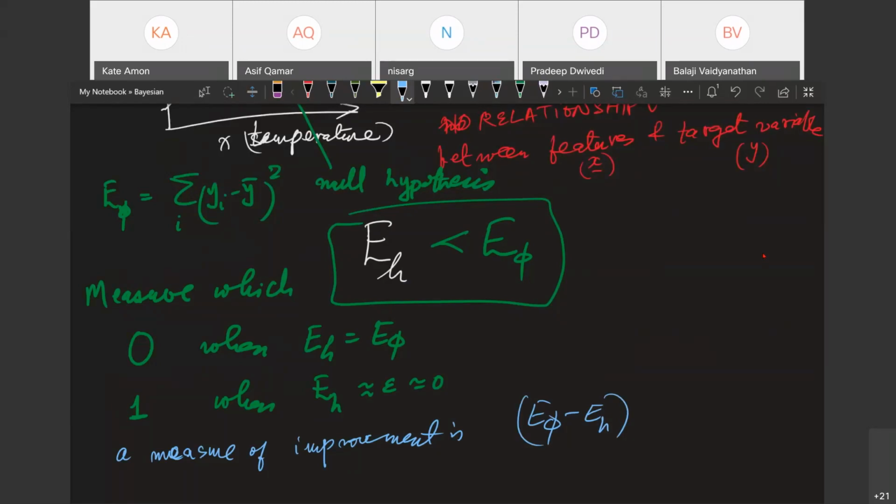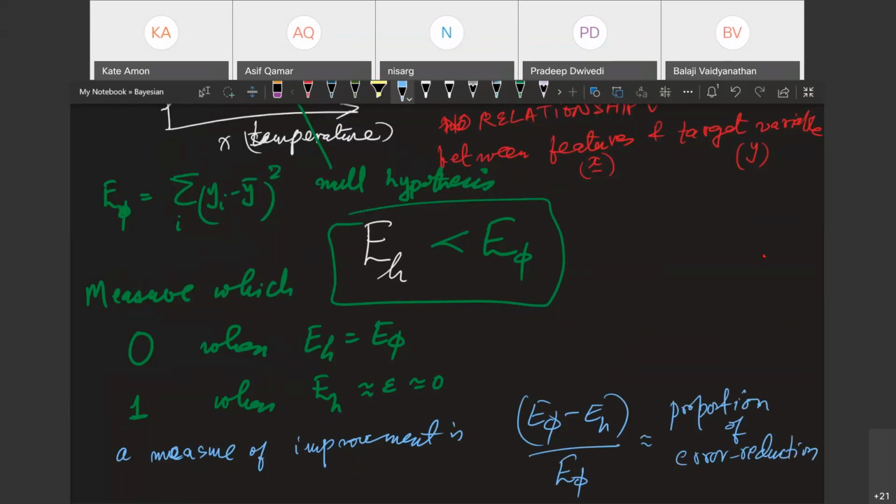Yes. And so what we do is we take this as a measure, except that it makes sense to divide it by the null hypothesis error. Why? Because it gives you a proportionate improvement, a proportion of error reduction. Would you agree with that, right?